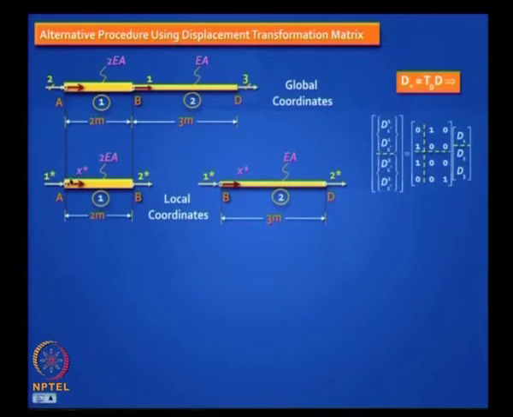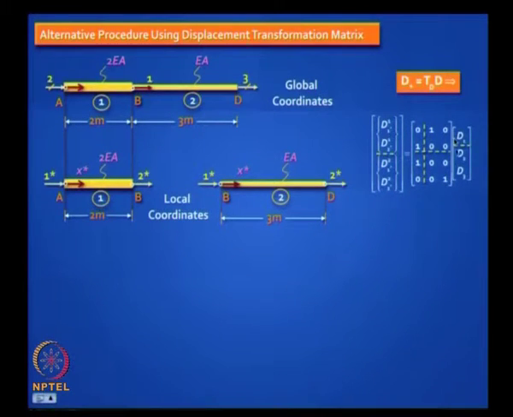Does this get affected? Because you are applying only a unit displacement one at a time. Does this get affected? No, that is arrested. Does this get affected? That gets, so it is simple logic. So it follows that D1 1 star is 0 because you do not get any displacement here. D1 2 star is 1, the same as the movement you get there. D2 1 star is 1 because it should match with D1 equal to 1, and D2 star is 0. Does this make sense? That is all.